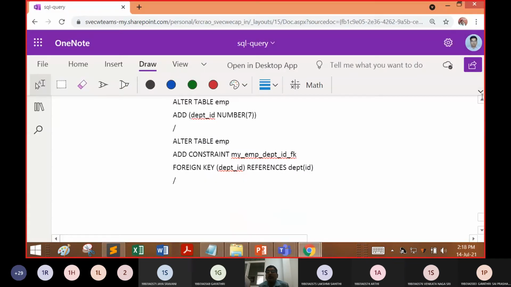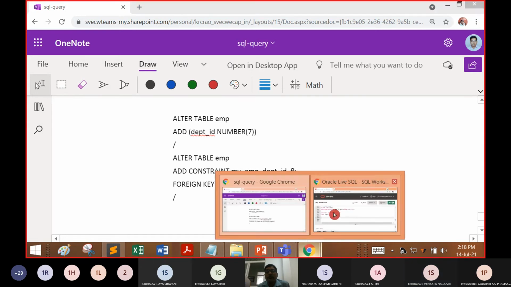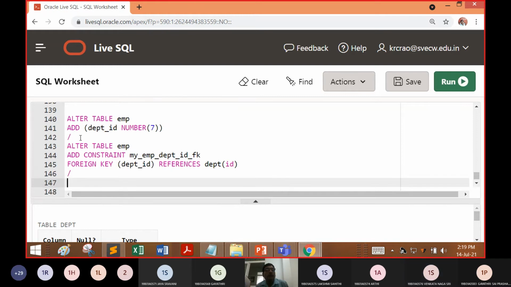These are the two queries that you need to answer. In the first one, we are altering the employee table, the table named EMP, and we are adding the department ID attribute.